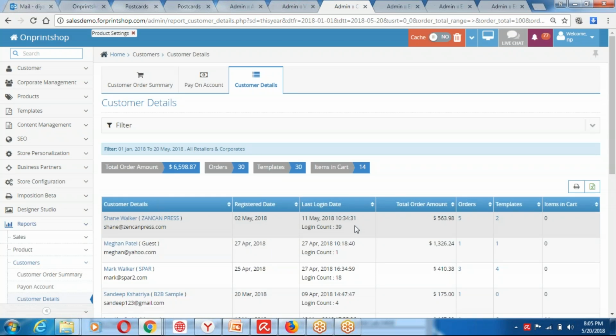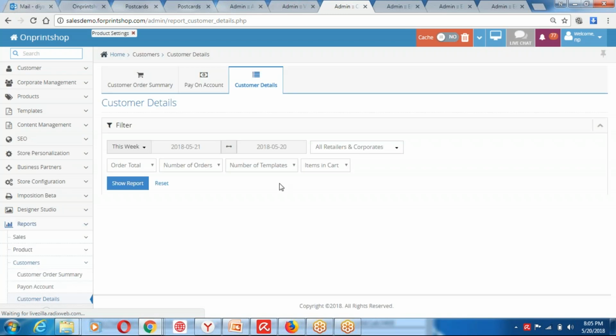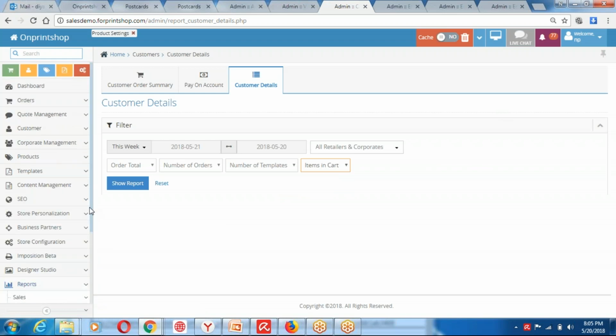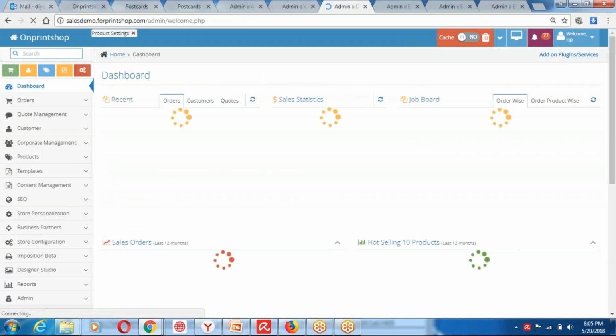Then maybe you want to do a separate promotion, because in the report, you can see it also shows you a lot of minute details, like how many times the customer has logged in, what was the registration date. So this helps you in terms of identifying customer patterns. You can also find out how many customers have left something in the cart. So you might want to send them a separate promotion email, so you can encourage them to confirm an order.